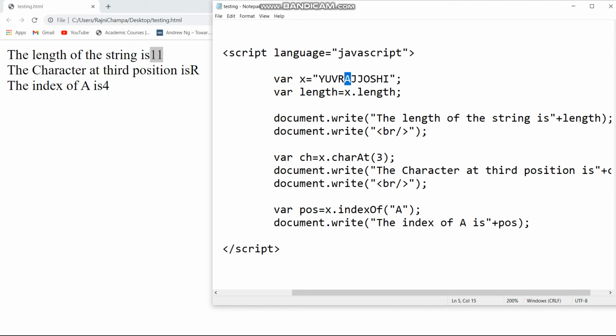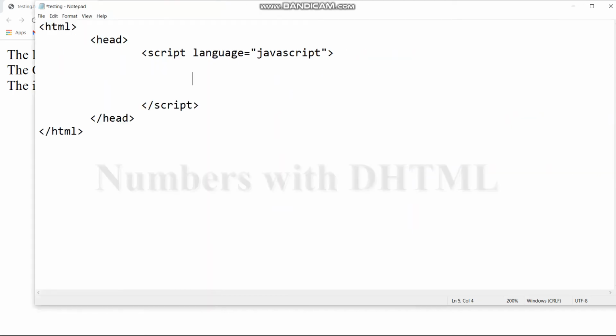This is how we deal with strings in DHTML. Now we will go for the numbers. So I will take a variable